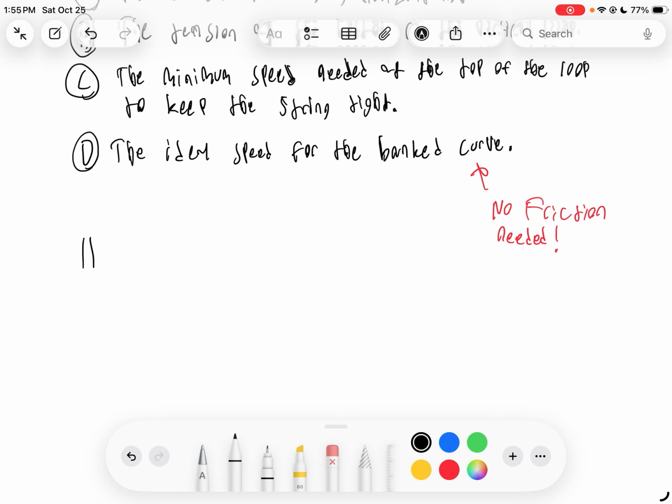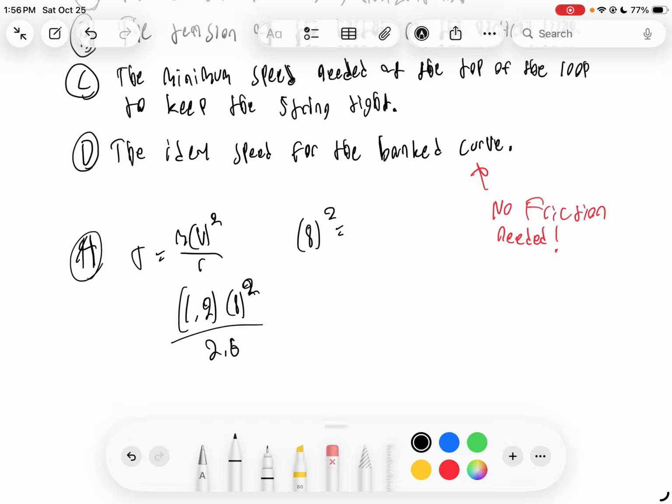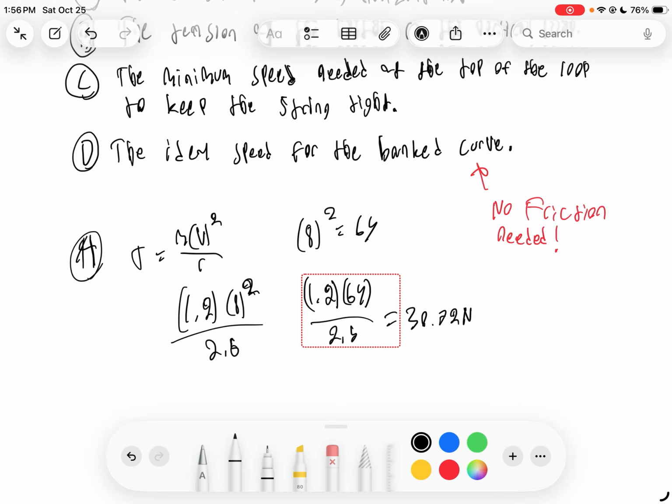For part A, we're going to be using the following tension equation, which is mass times the velocity squared, divided by the radius. I'm going to square the velocity outside the equation for right now. You can just write the 1.2 kilograms, 8 squared over 2.5. 8 squared is 64. So 1.2 times 64, divided by 2.5 gives us a value of 30.72 newtons,